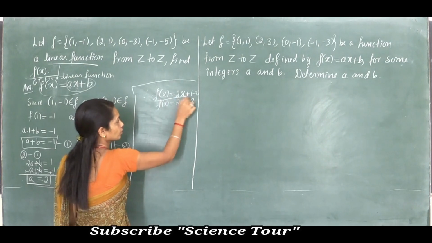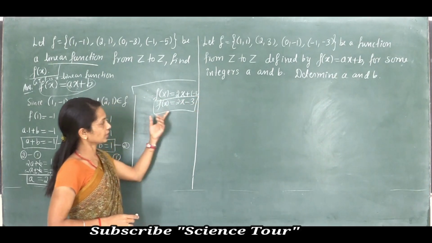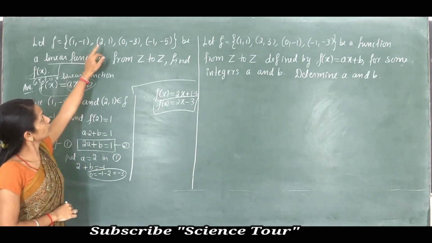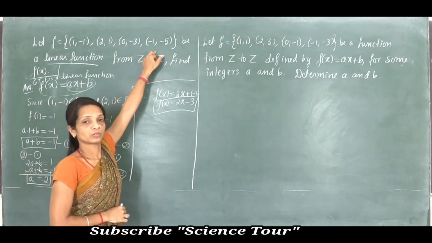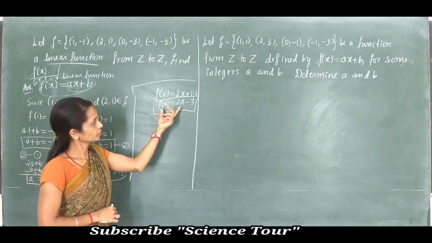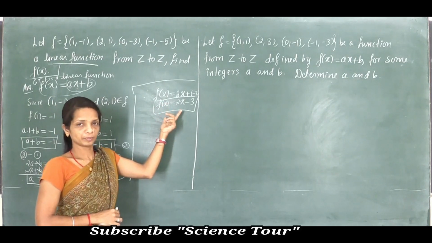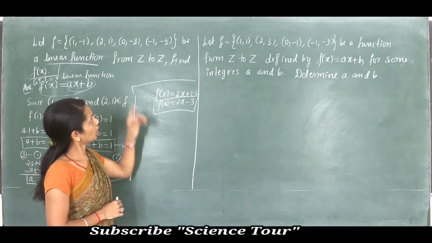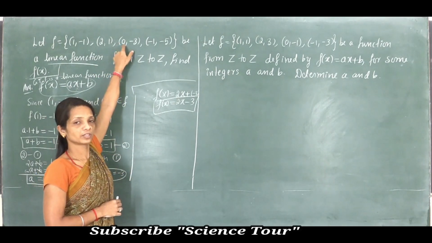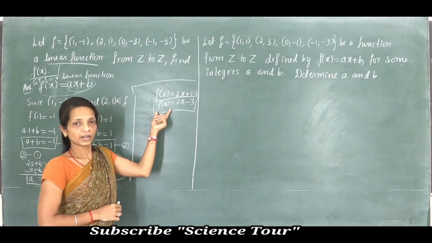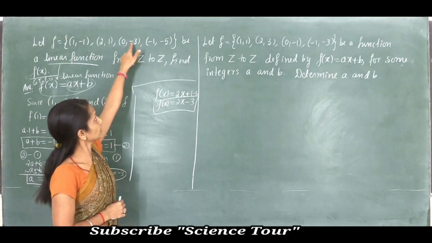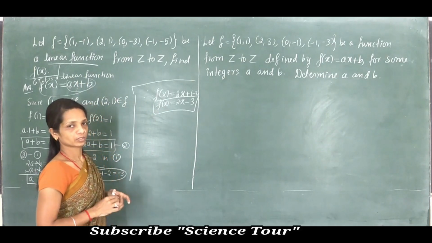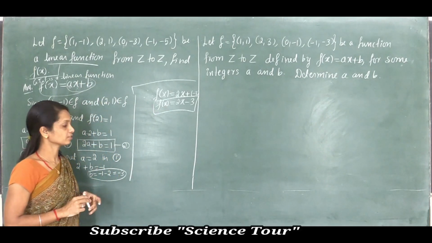Okay, and if you have any doubt regarding whether this answer is correct or not, then we can use any one ordered pair which is not used as a checking ordered pair to check this answer. How to check? You have to take the first element of that ordered pair in place of x, and while simplifying, if we get the second element as the answer, then that obtained function is correct. Okay, otherwise you have to check your answers a and b.